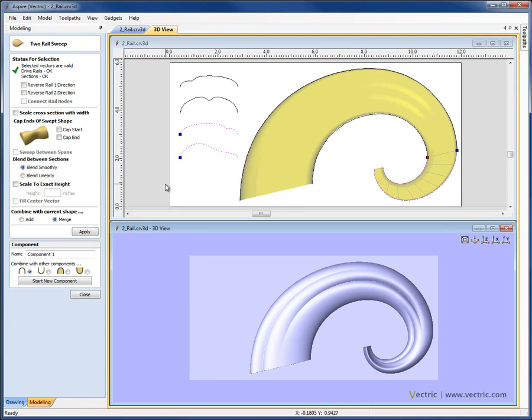One last note on this is that just like the create shape function, it's possible to stay within the menu here and create multiple components. Here we just created a single component, but if I wanted to, I could click on the button to start new component, and each time I did that I'd have the opportunity to enter a new name, and whatever selections I made for the rails and cross sections would be converted into a new component that would be added to